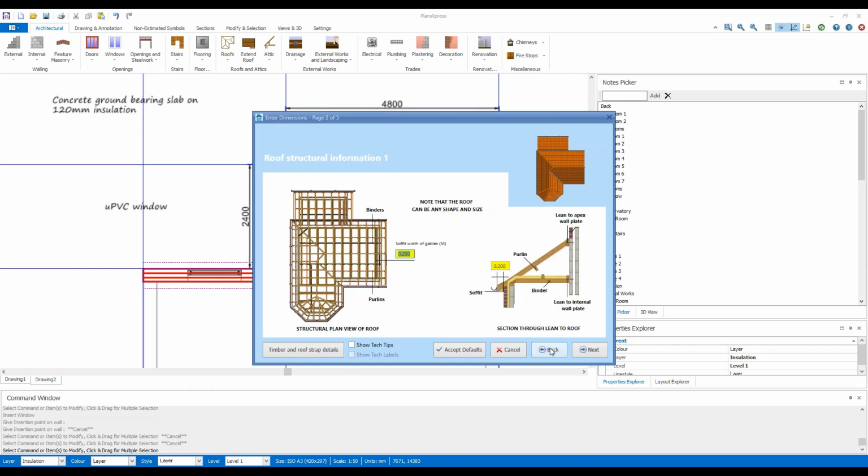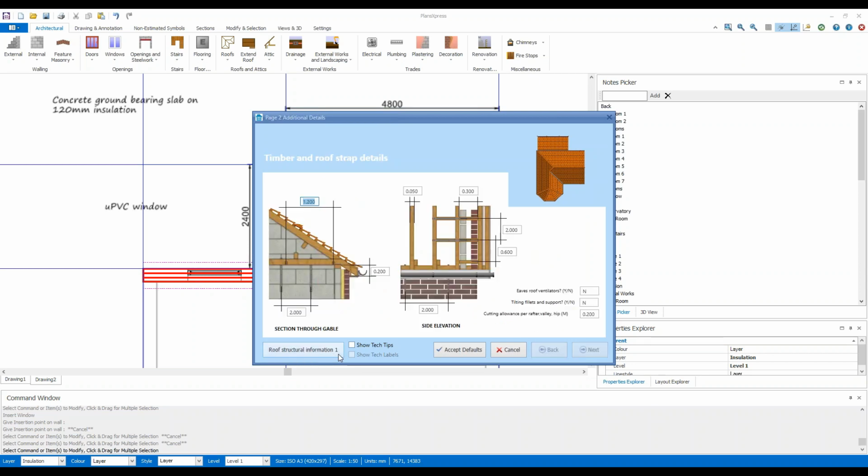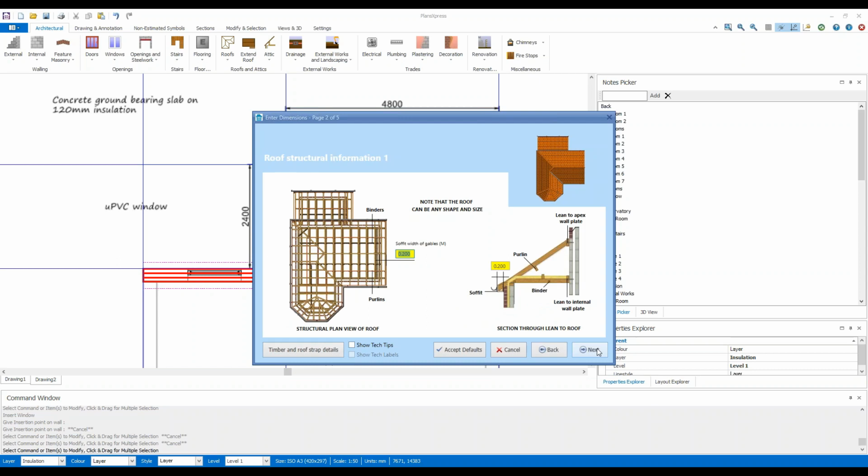I'll just go back for a second actually and point out that here you'll see there's some extra options for the timber and roof strap details. If you click on there, you can just have a look at what's there. We're not going to go into it in any detail. These secondary screens deal with items that are set to really default values, and you won't very often need to change. So you won't need to review them every time you estimate, but just so you know that they're there. So if we click back to the roof structural information and then click Next,